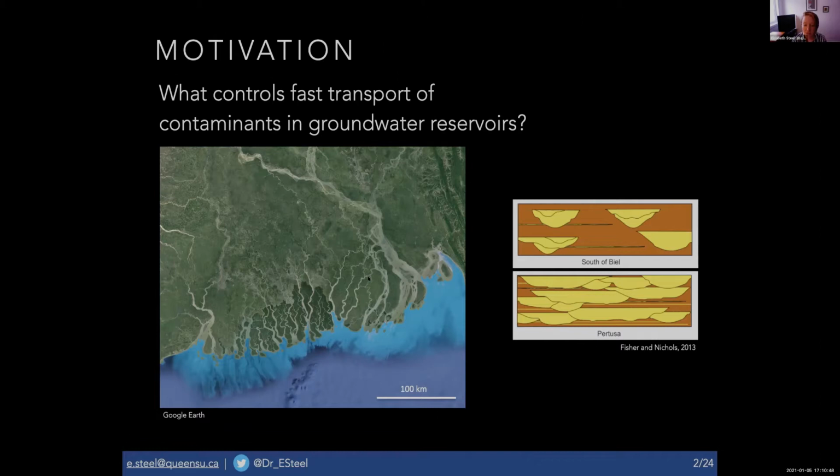And so the connectivity of these systems, both the lateral connectivity and the vertical connectivity of these channel sand bodies, depends in large part on the dynamics of these networks. So for example, if you've got these river networks that are laterally migrating, you might form these laterally connected sand bodies that are broad, versus river systems that are undergoing a lot of avulsion. You would be likely to have more of a tendency to have these isolated sand bodies, like you